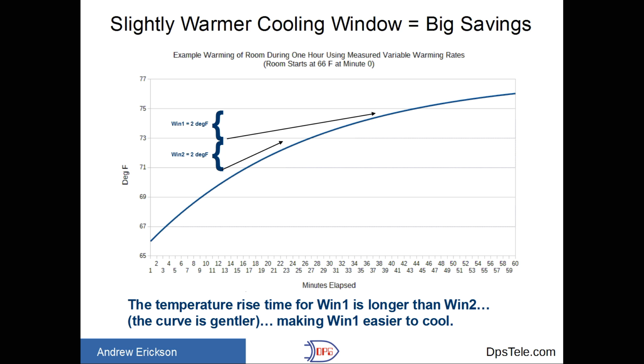So if we can get up into the 73, 75, 77, it takes longer and longer to rise. And what's that going to do? It's going to space out the time between your HVAC cycles, which means overall they run less, they last longer, you consume less power. So it's critical that you look at, can we increase the tolerable temperatures in our sites